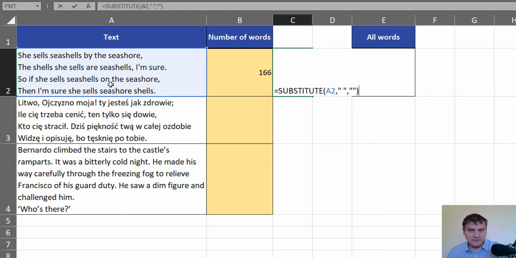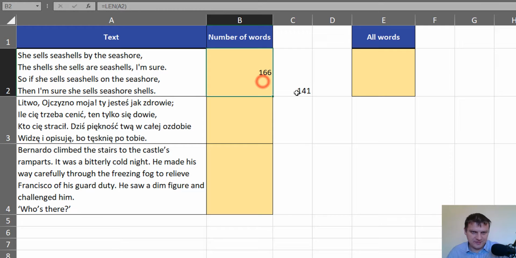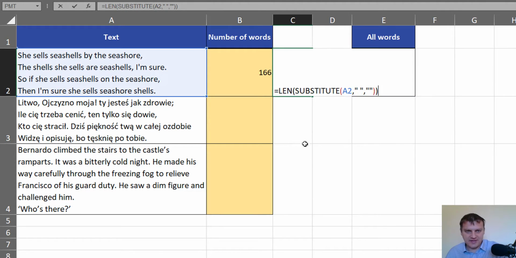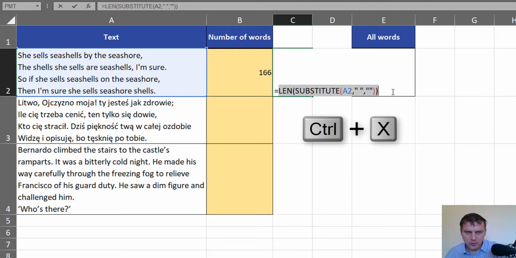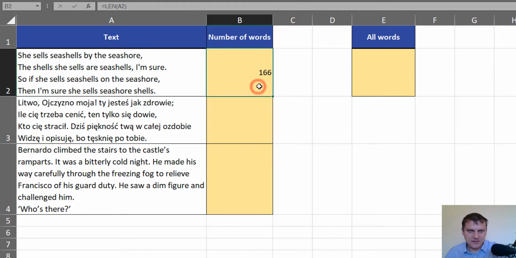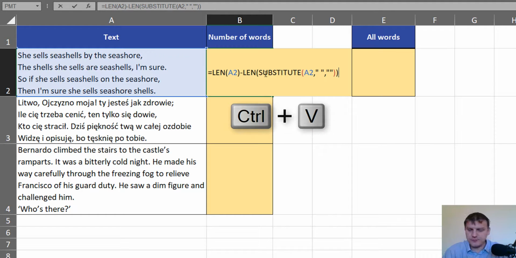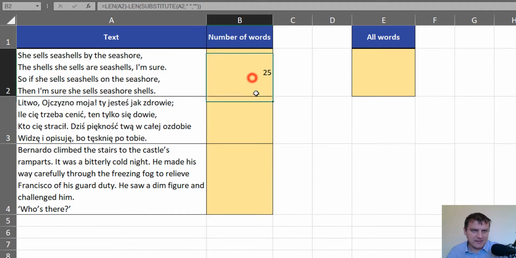And based on that, we can count the length of this text without spaces, and the difference will tell us how many spaces there are. So let's cut this formula and subtract it from the previous one, and just like that we have the number of spaces